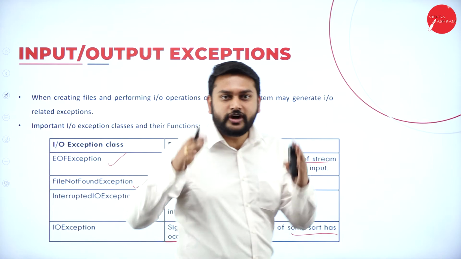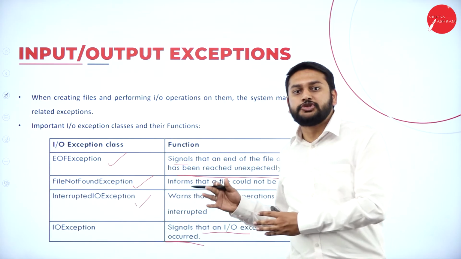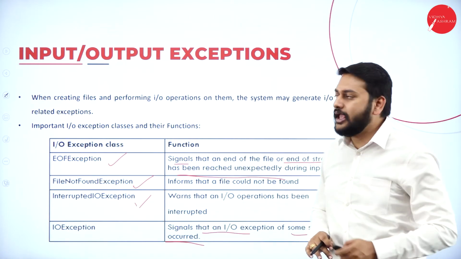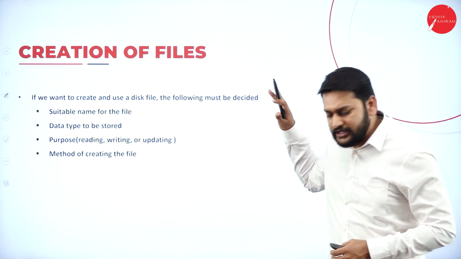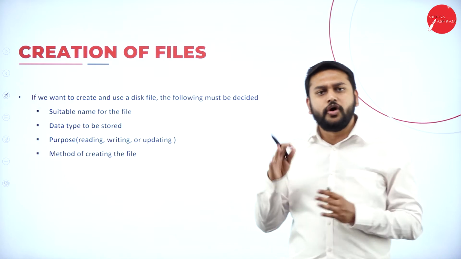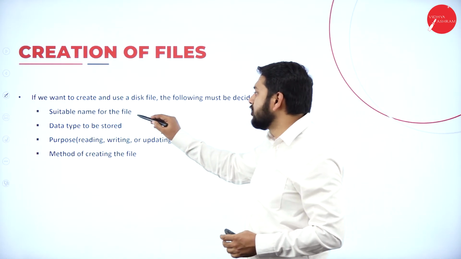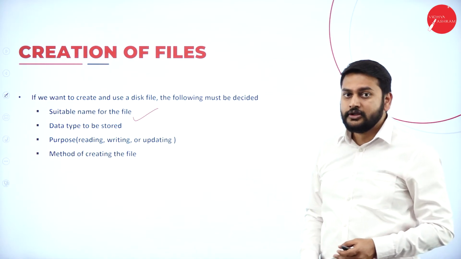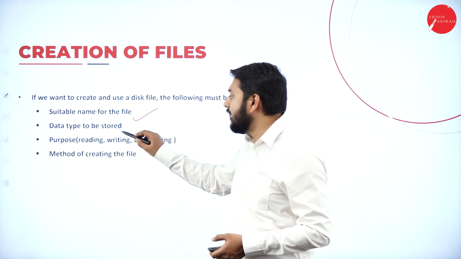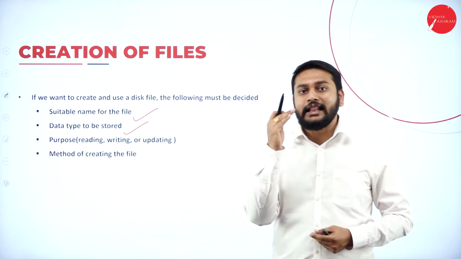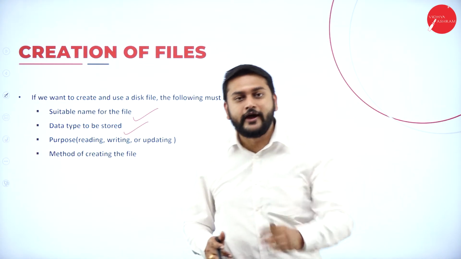This is the different exceptions that you can expect when you are dealing with respect to the files. So moving forward to the next topic that I have. Whenever you are creating a file, I should have some of the basic information. So that's going to be a suitable file name. Then followed by, I should have the data type to be stored. What kind of data that you are trying to store in that particular file is what you have to mention,